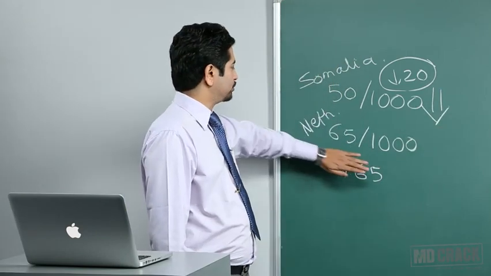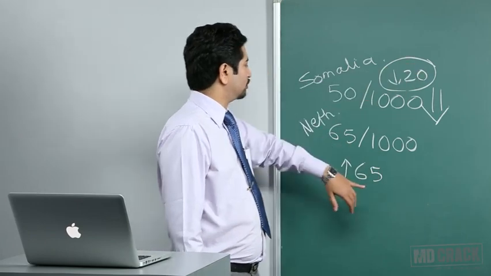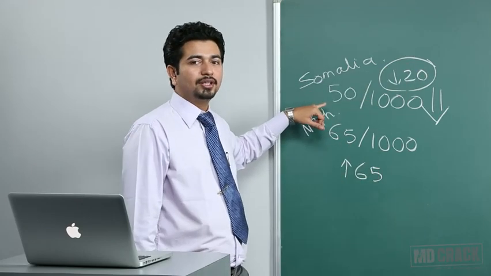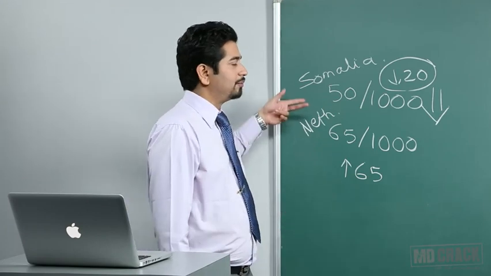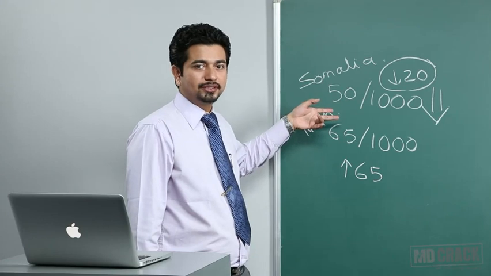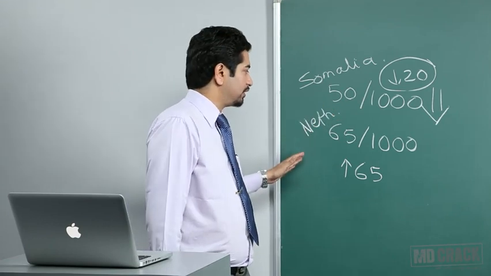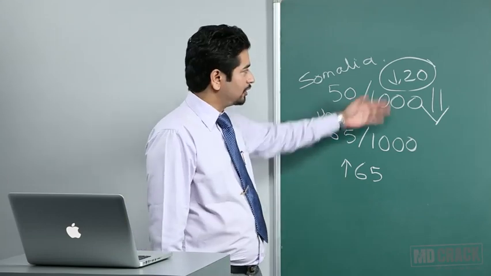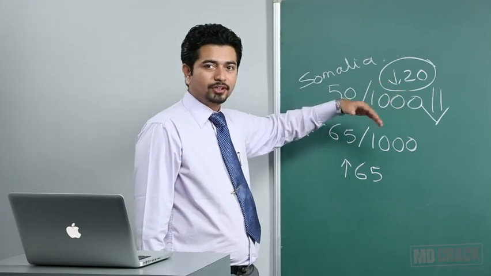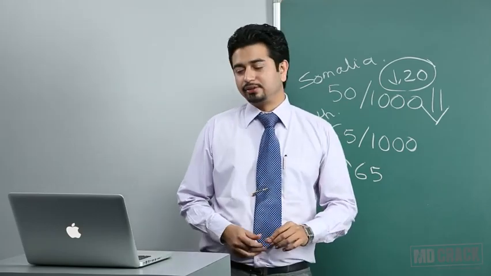But still, if I only show you the crude death rates, the conclusion is that Somalia is better. So crude death rate is a single number, but it hides a lot of data. Sometimes it can be exactly the other way around, as this example illustrates. Health status of Netherlands is better because old people are dying. They are supposed to die. Young are not supposed to die. So this is the disadvantage of crude death rate.